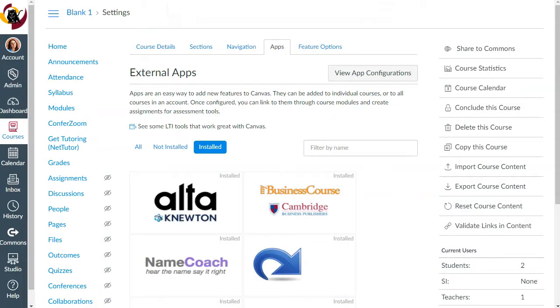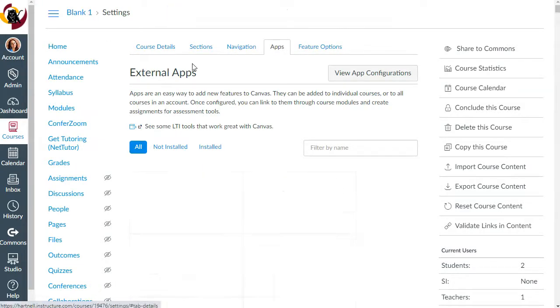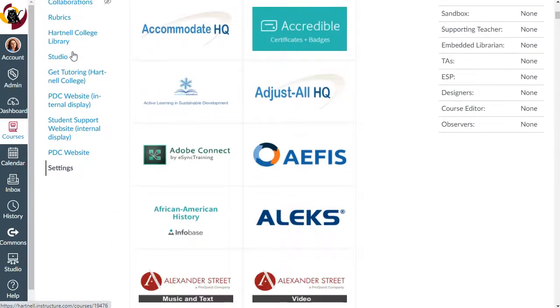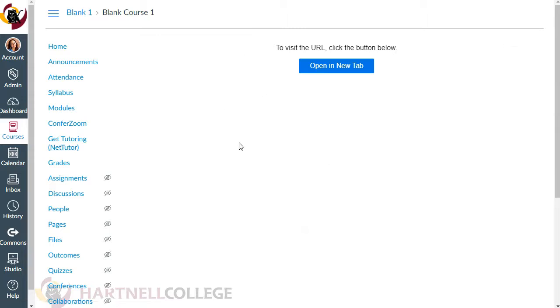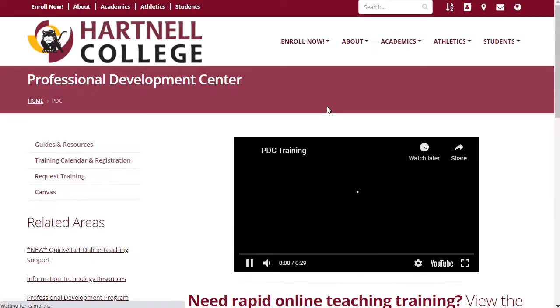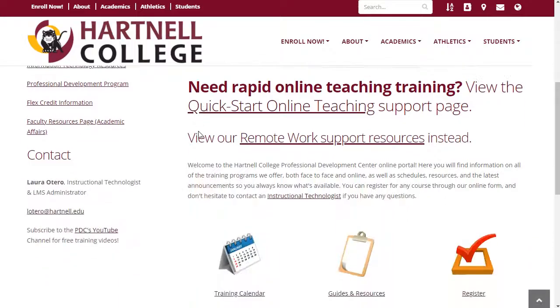And then if you refresh your page, you should see your changes to your course menu here. Now I've created a couple of these. So I created this one and this one before I started recording, and then we created this one together. So let's look at this one first. Because this is forced to open in a new tab, this is what your students will see. They will see this link that says open in a new tab, and when they click that new tab, it will load the PDC website.